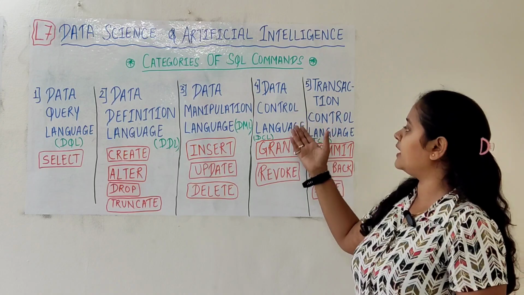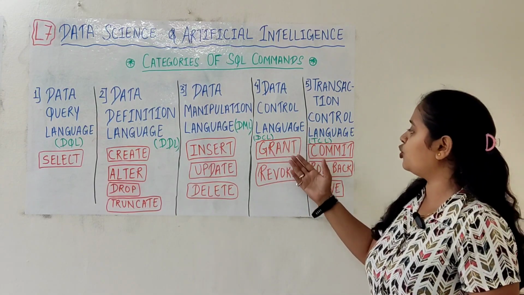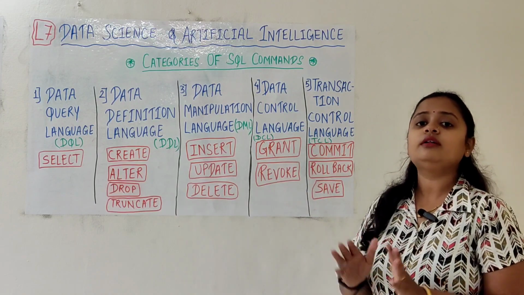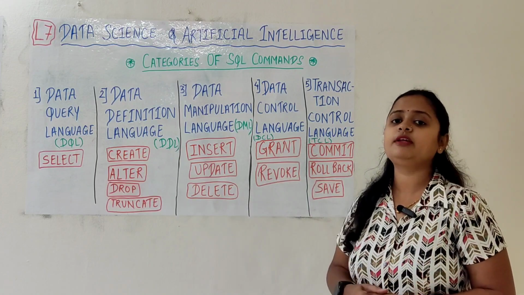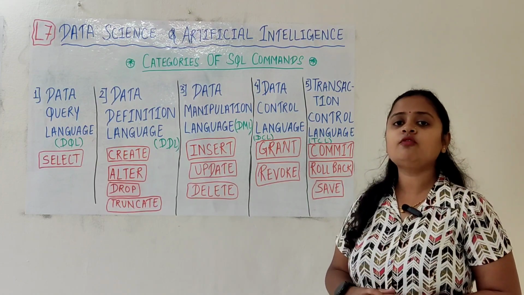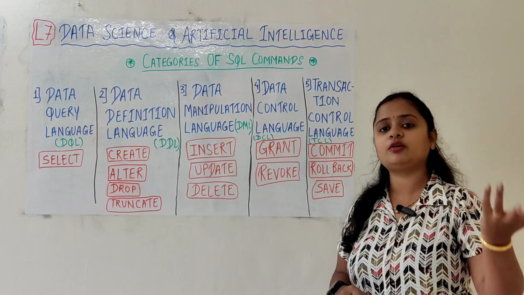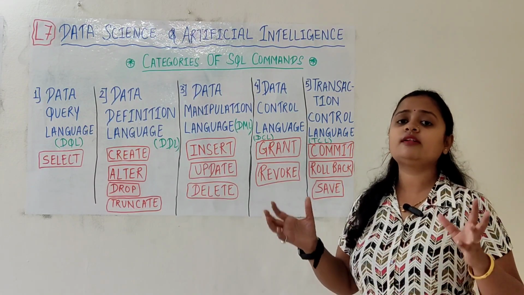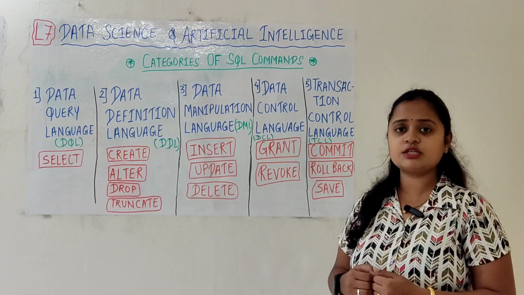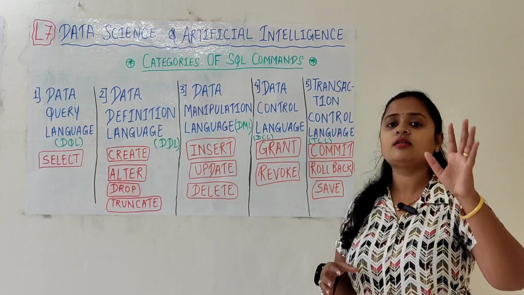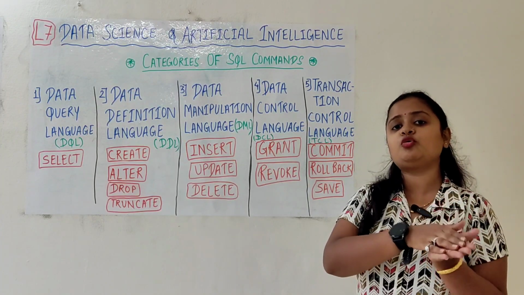Now let's come to the fourth category, that is DCL, data control language. It has only two options, that is grant and revoke. Now listen to me very carefully, guys. If you have a startup company having 100 employees, and 50 employees are working on one project and the other 50 employees are working on another project. Now if a requirement comes where the two projects are getting merged with each other, but these 50 employees have some secret data inside their work